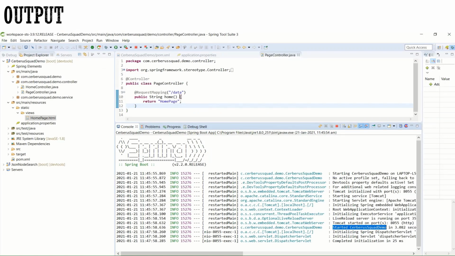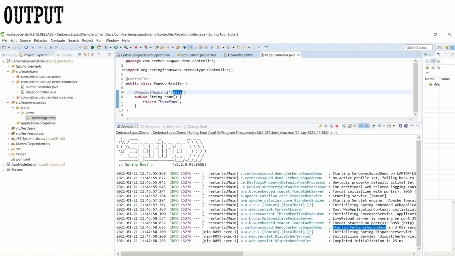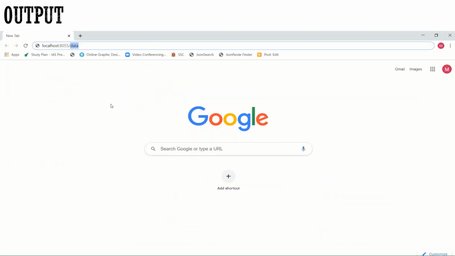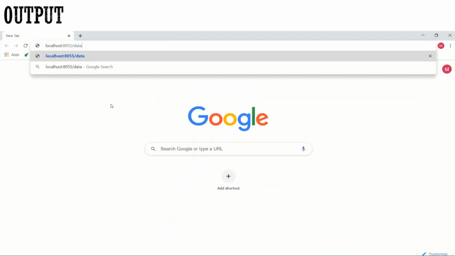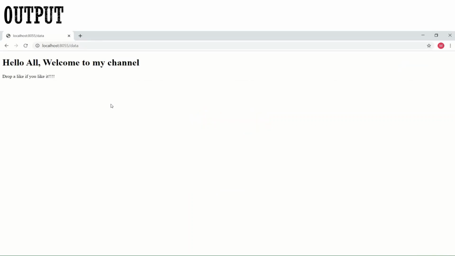The mapping name is data here, right? So let's call data over there. Now click on enter and see the HTML content you are getting as the output. If you created the same HTML content inside Notepad++ and saved it in the file explorer, you would get the same output.